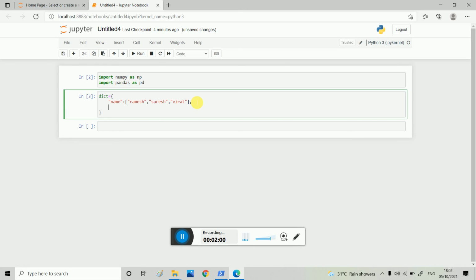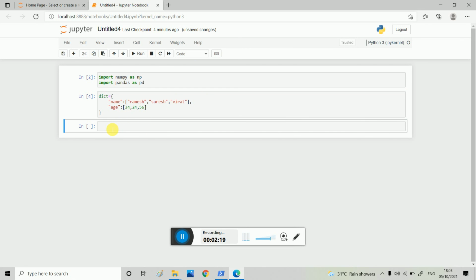And then I am taking roll number, say age, anything we can take: 34, 24, and then 56. So this is the dictionary that we have created.